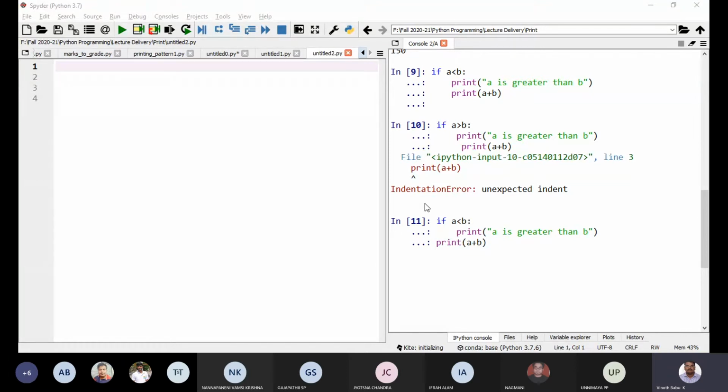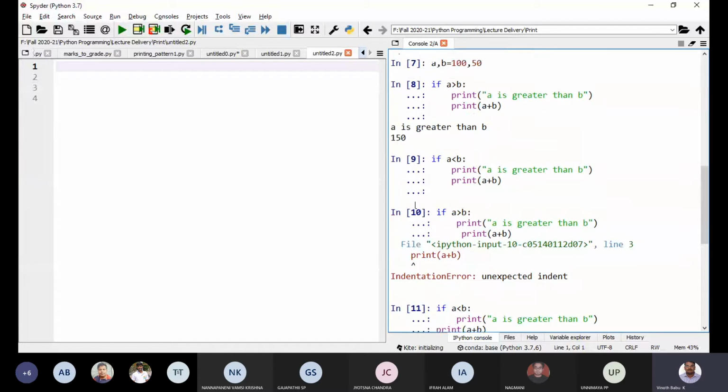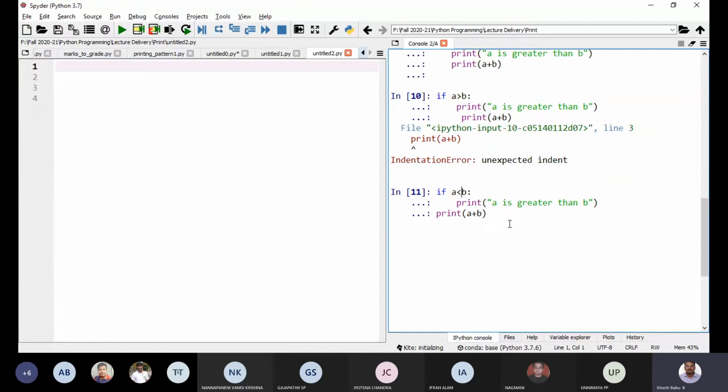How many of you say that it will give some indentation error? How many of you say that it will give some output? If you notice, A is less than B. So when A is less than B, it won't do anything because there is no other alternative, so it won't give any output.